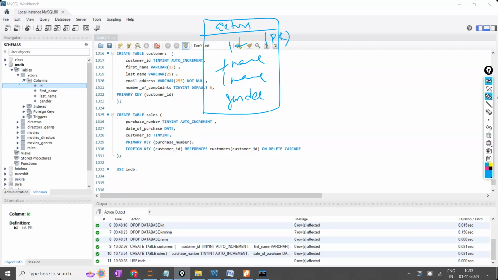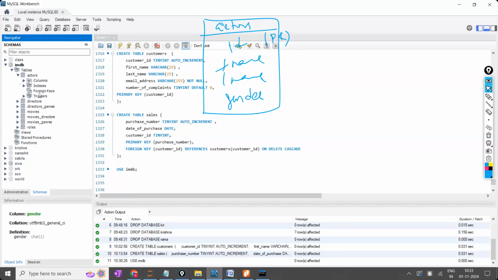Done. Let's come to the next column. What is this column? First name. It is varchar of 100, but a constraint is not there, primary key also not there. No constraint, no key. Only the data type is available. This one, again varchar of 100, no constraint, no key. Next, this one, char of 1, either M or F. This is also not having any key, no constraint. Table was completed. Now foreign key: is there any foreign key in this table? No. What are the things I required? Column names, primary key, foreign key. Completed.